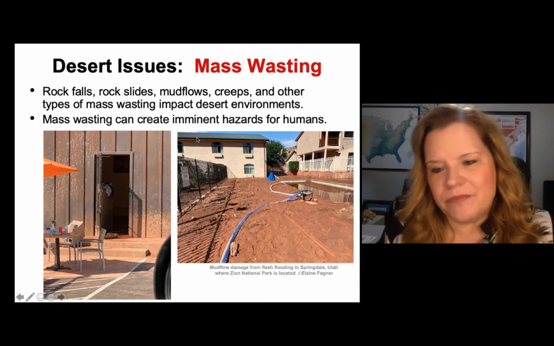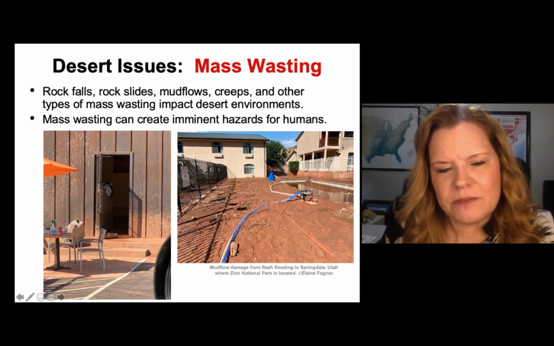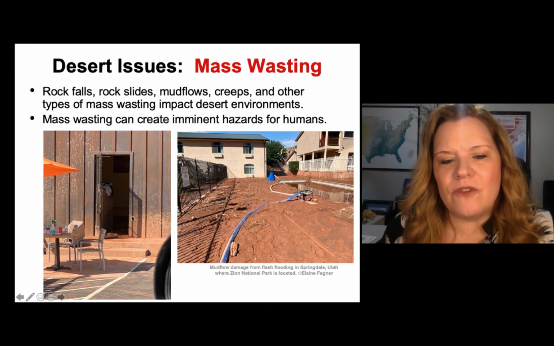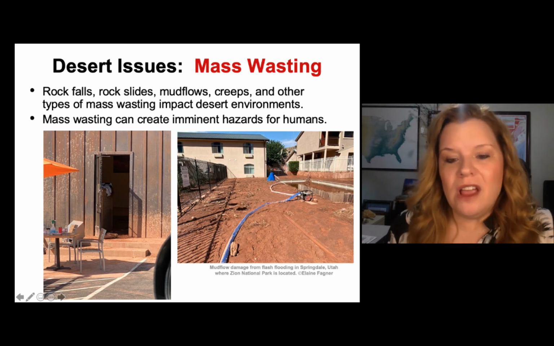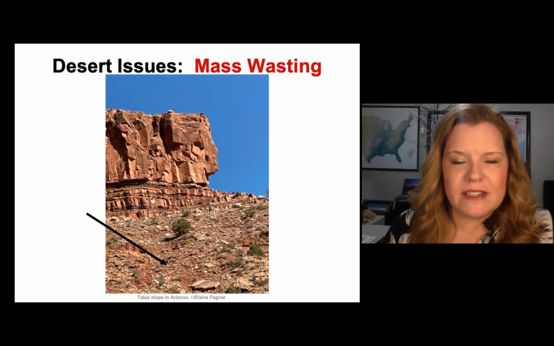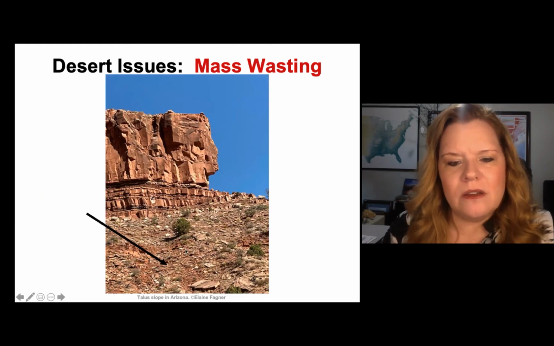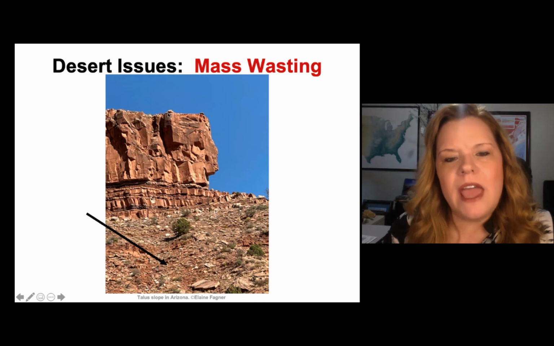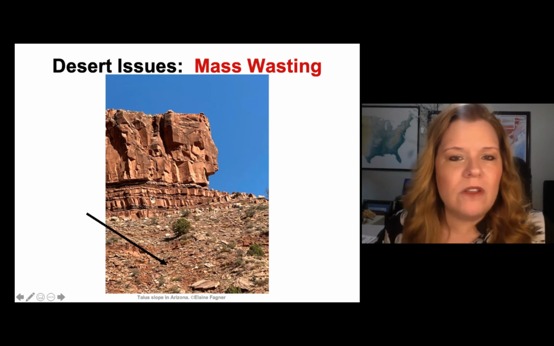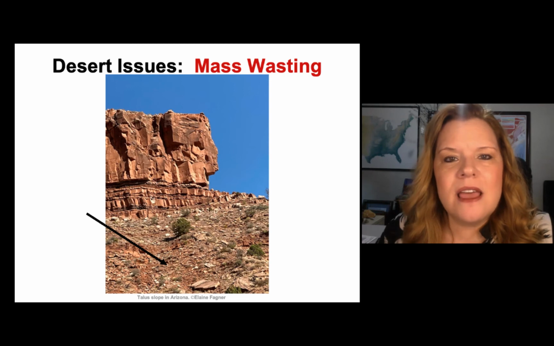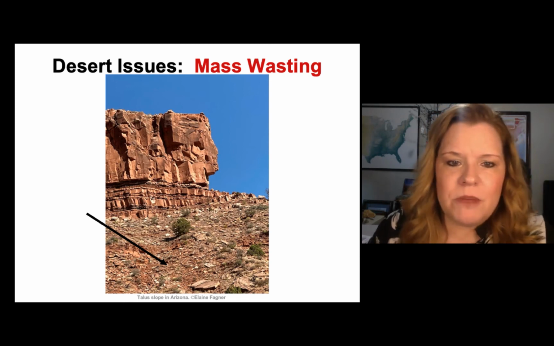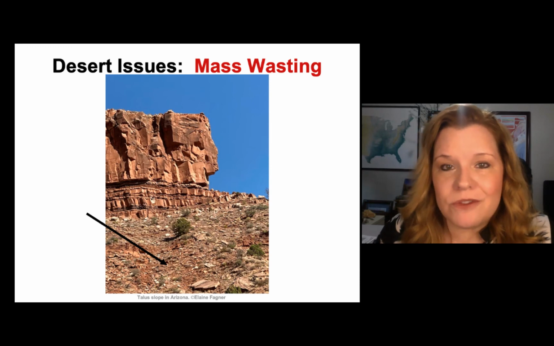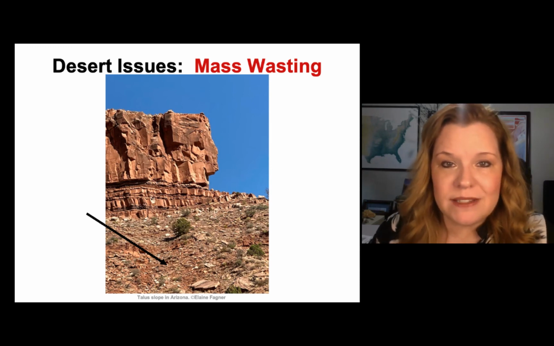And this is the pool. This is the back side of the building. And on the front side, the mud line was much higher. It destroyed everything they had. It's kind of sad. When you see rocks like all of these, they came from up here. Those are rock falls and rock slides that can create this, and that can happen at any time. So people often find themselves in trouble because they don't pay attention to the warning signs that say rock falls, beware of rocks, watch for rocks. There's a reason for that. Some of these things end up in roads and on cars.